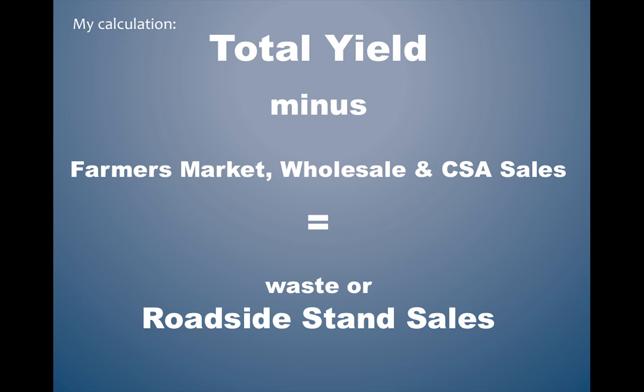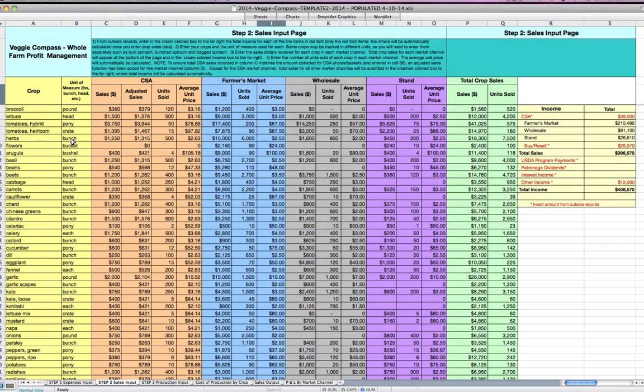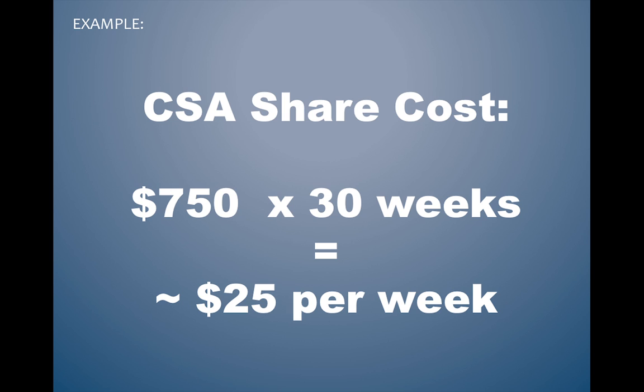This will also help me better see waste in my system and give me the ability to assess ways to manage that waste. Going back over to CSAs now, here's how we address the special situation regarding CSA sales. The problem arises because the CSA share is sold at a flat rate, not as individually priced items. For example, your CSA share may be $750 a season for 30 weeks, or a value on average of just